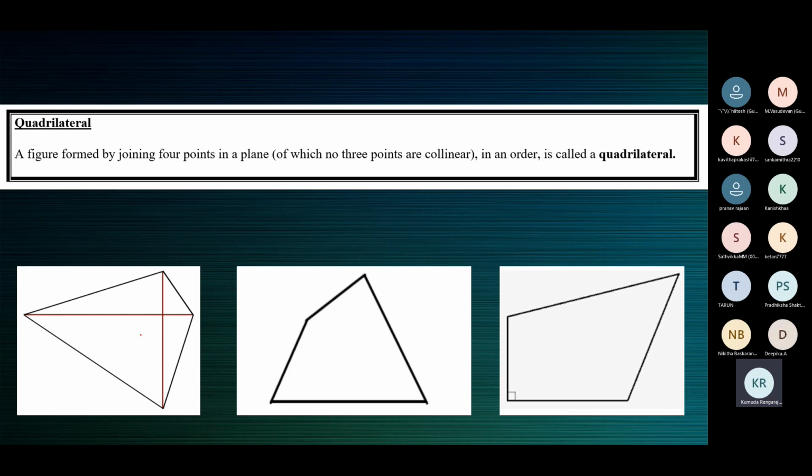The second figure is also a quadrilateral. You cannot call it a trapezium or a parallelogram or a rhombus. The third one is also a quadrilateral. You can see a right angle, but this one is an obtuse angle, looks like, I'm just going by the figure. This one is an obtuse angle. This also is an obtuse angle. So this probably is an acute angle.